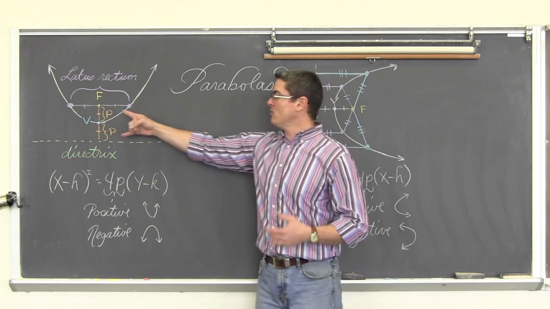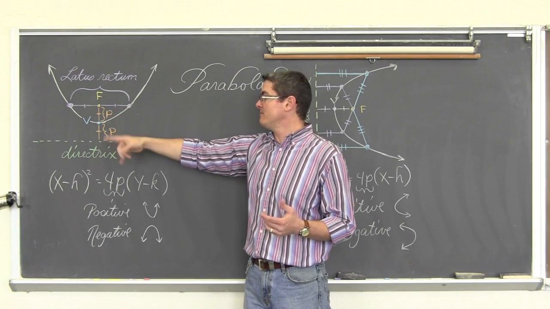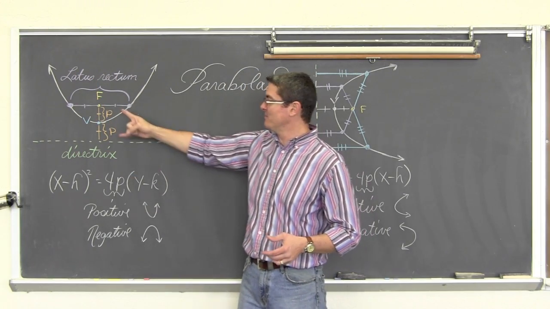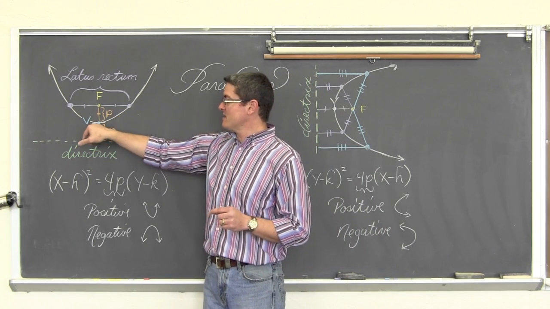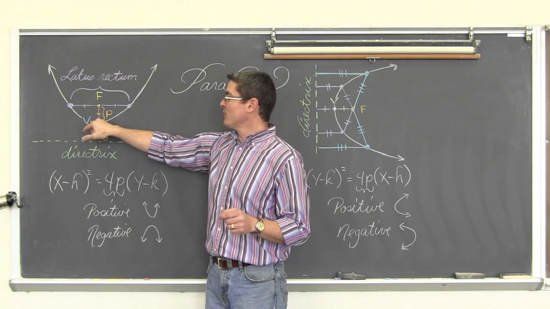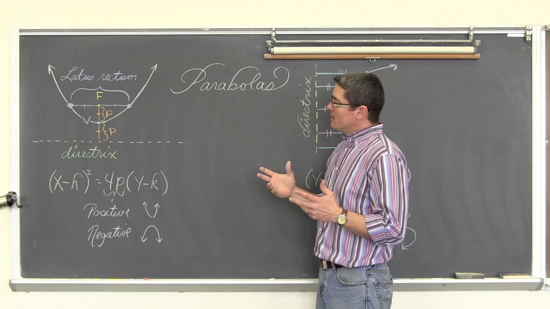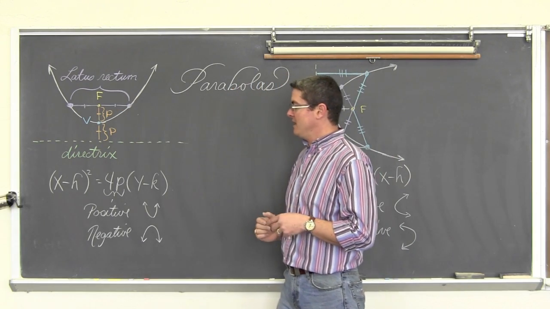Well, in a parabola, we only have one measurement that we actually are concerned with, or the most important measurement, I guess you could argue, if you want to discuss this unfortunate name of latus rectum, is the distance of p. p is going to be the distance between the vertex and the focus point, and the vertex and the directrix line. There is no a, b, and c, just this distance of p.